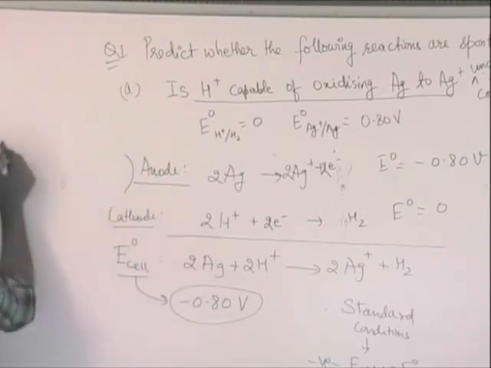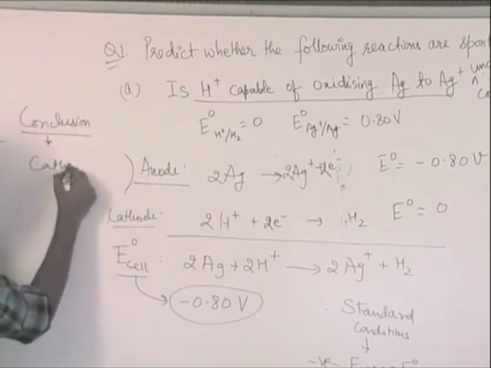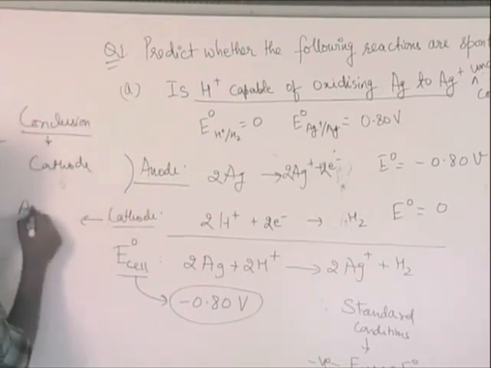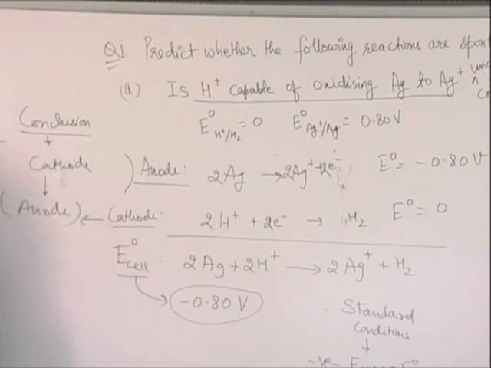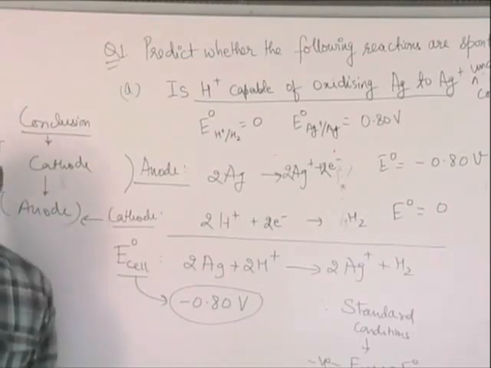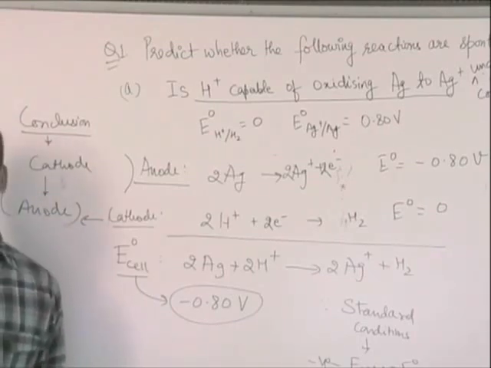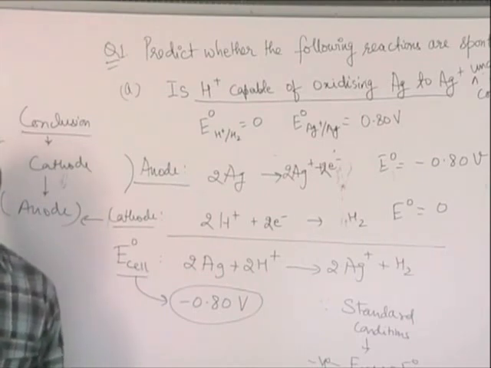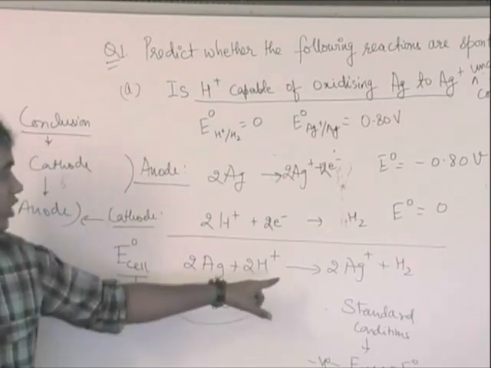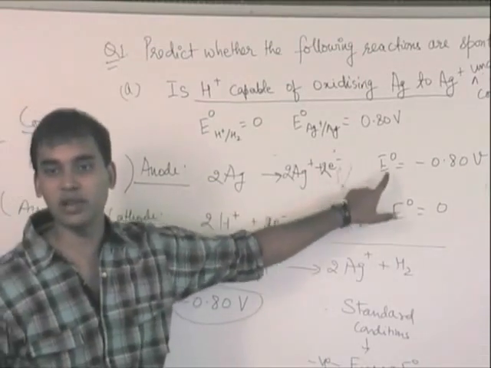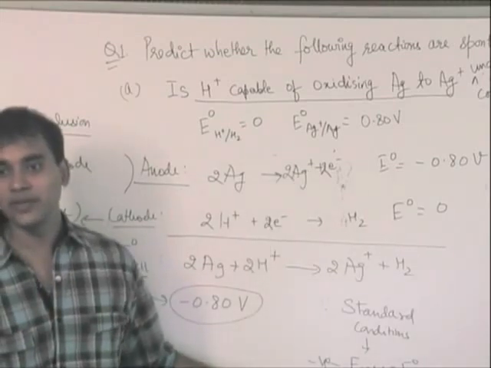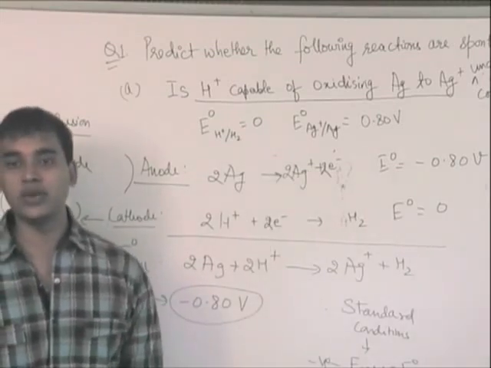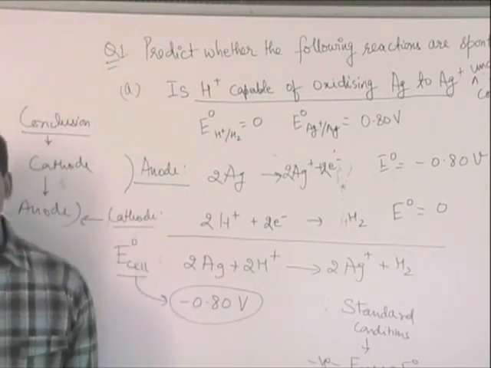So what is the conclusion? We have to use this as cathode and we have to use this as anode. Simple enough. So in this way, you can predict. For example, suppose you are working in a lab and you don't know which cathode and which anode to take. Just simply you have these E0 values, because this will be a table which will be given to you. This is a standardized table. So you can simply look at E0 values, calculate E0, and you can choose what you have to select as cathode and what you have to select as anode. Simple enough. Shall we go ahead?